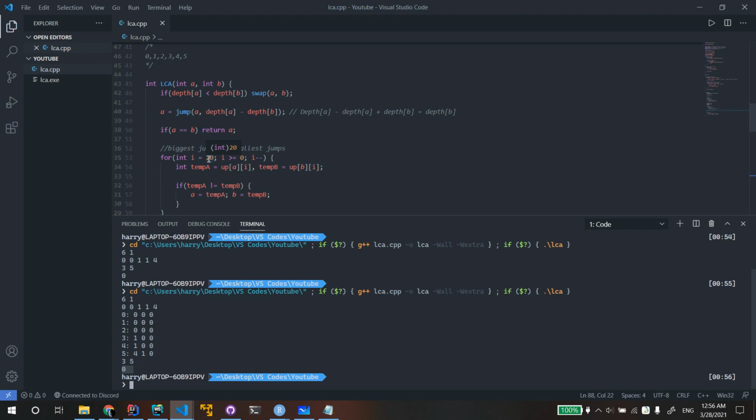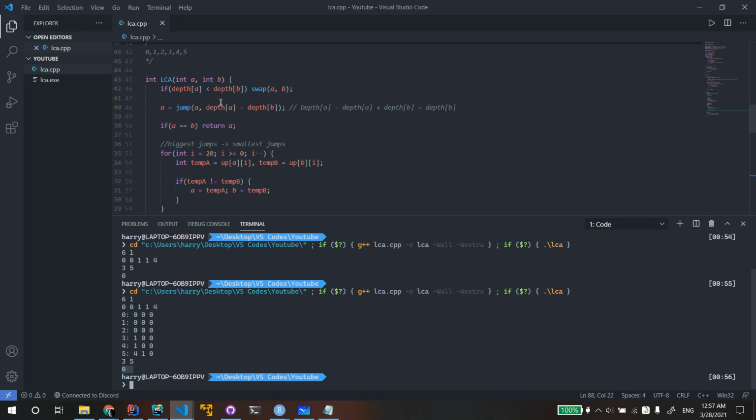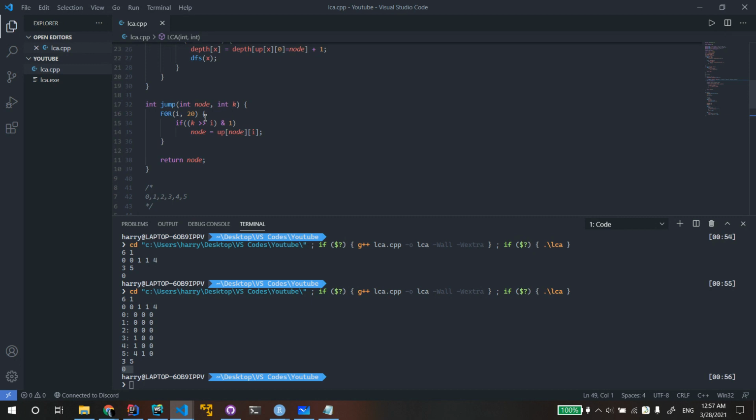So what we can do here is let's just make sure that our code is correct. So you jump up. Okay, this seems correct to me. Yep. Okay, so let's check our jump here real quick. So you want to make node n go up i times, which is also correct. Okay, so